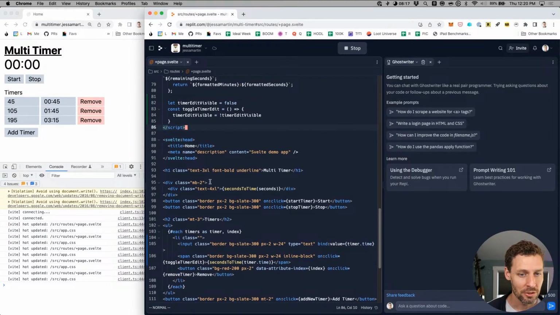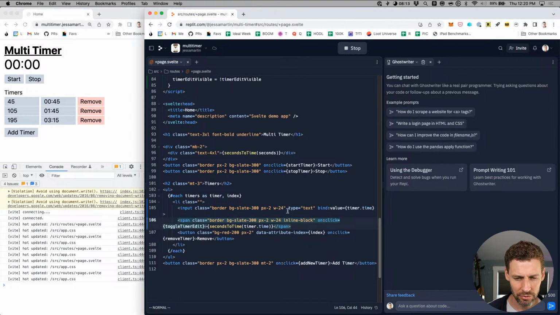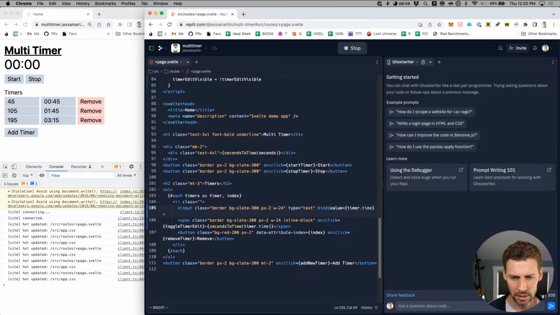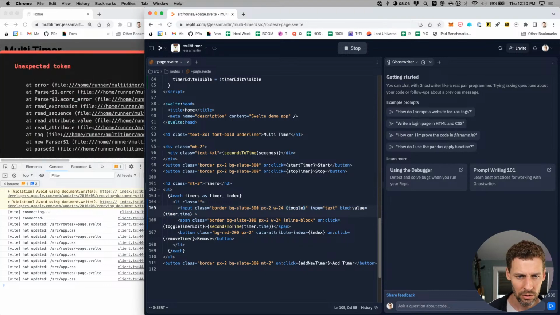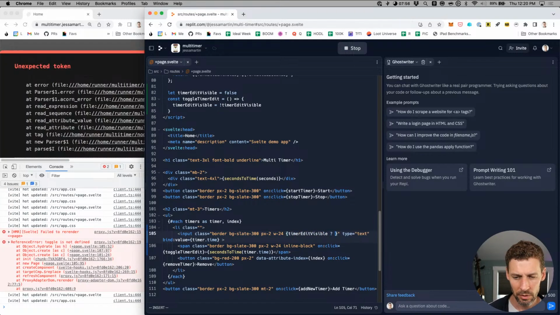There we go. All right, so toggle timer edit. So now we need to do a conditional class. So what'll happen is we'll in here emit the class. So timer edit visible. If it's visible, then nothing, I think. And then if it's not visible, then hidden.